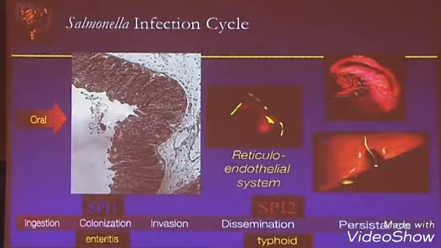Then the idea is that the infection progresses a bit more. The bacterium goes systemic, gets in the reticuloendothelial system, goes to the liver and the spleen, and for this time the SPI-2 system really kicks in. Everyone says, including us, that SPI-2 is later in this whole scheme of things.